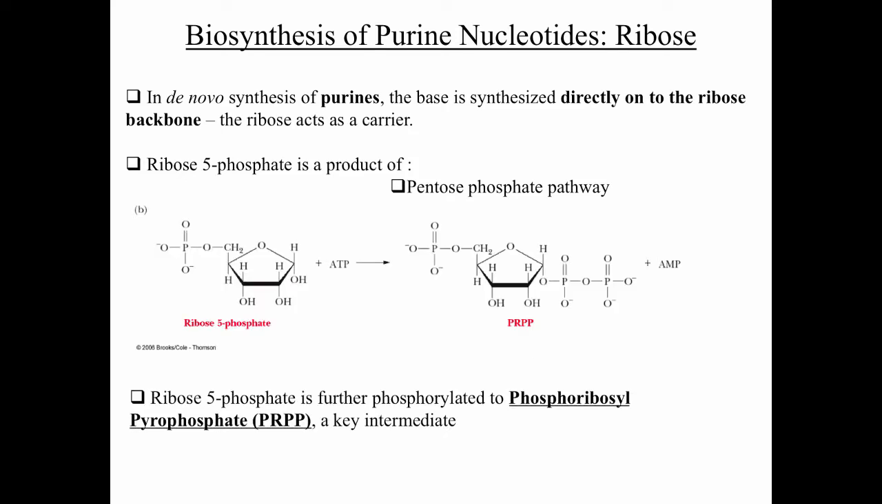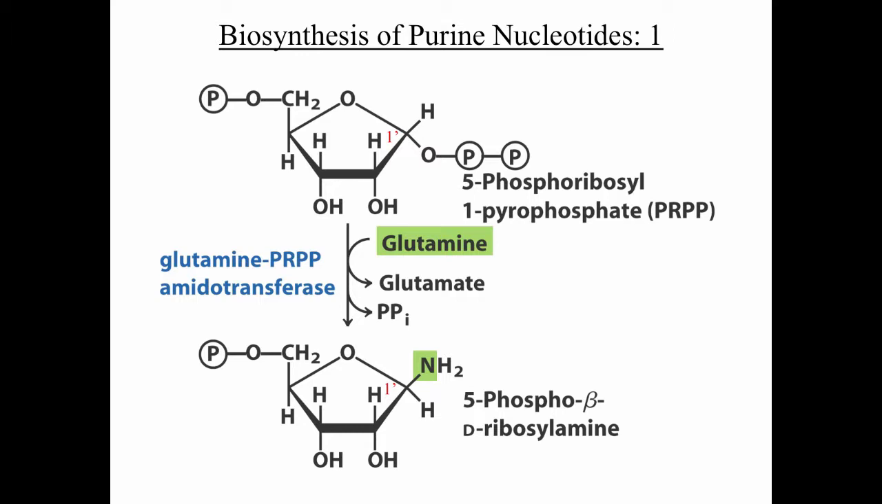Okay, so we have ribose 5-phosphate, and ribose 5-phosphate is further phosphorylated, so ATP is going to be the donor into this key intermediate called phosphoribosyl pyrophosphate, or PRPP. So PRPP is essentially going to be the starting material or the backbone upon which the base of the purine is going to be built. So the first thing that happens